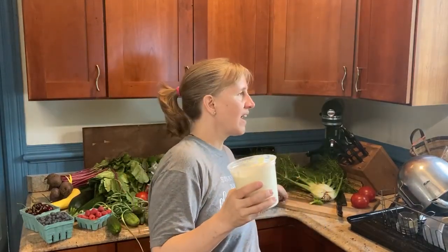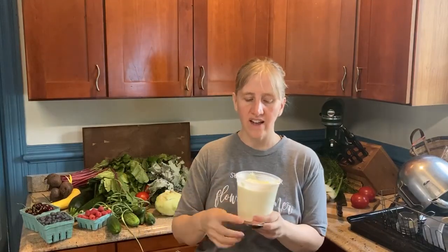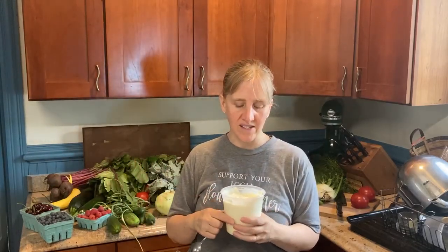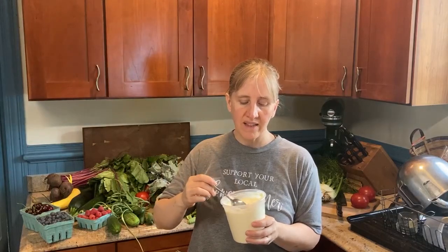So we eat our own milk as yogurt in our family, and we wanted to be able to offer that standard as well. But we're a small farm, and we milk 2 cows in the winter, and then 4 or 5 or 6 in the summer. So the milk production goes up and down according to the season. Right now we have a lot of milk, and we'd love to have more milk drinkers join our Market Box CSA. But in the meantime,